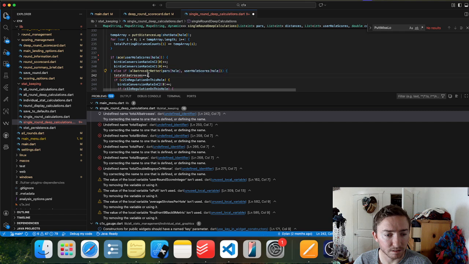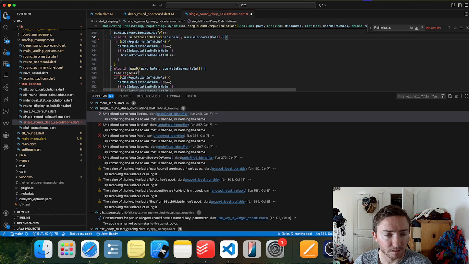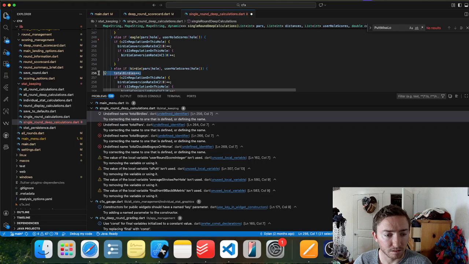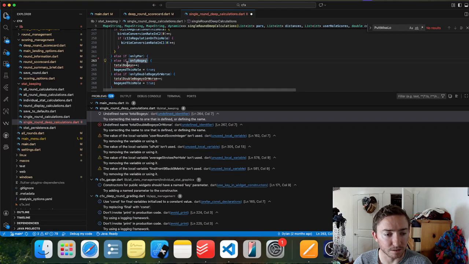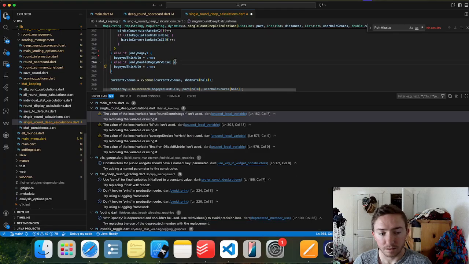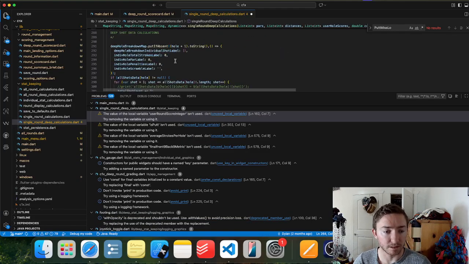Not tracking this. Because I am just doing this for the deep stats, obviously, right? We're not doing this for the regular C1x calculations,